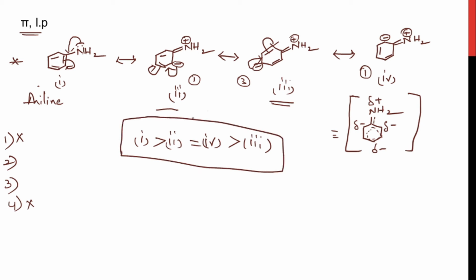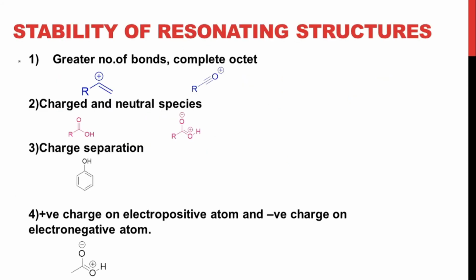Fine, with this we have finished the examples regarding stability. Now we'll summarize the 4 rules. These are the 4 rules which help us find the stability. I have repeated them several times in this video and in the previous video as well. I think by now you have understood these rules. In this example, the maximum number of bonds is in this resonating structure, so it is more stable than this one. In this example, this is the neutral species and this is the charged one, so this is more stable. Coming to charge separation, like charges should be far from each other, and unlike charges should be closer to each other.